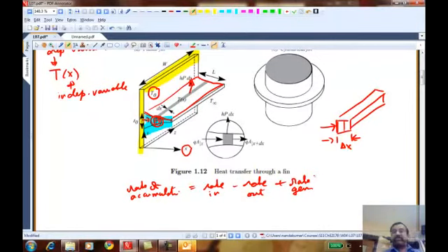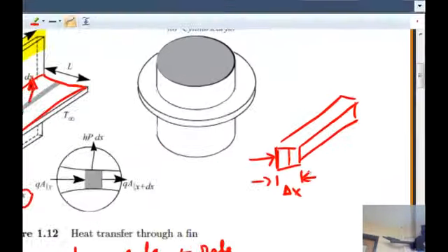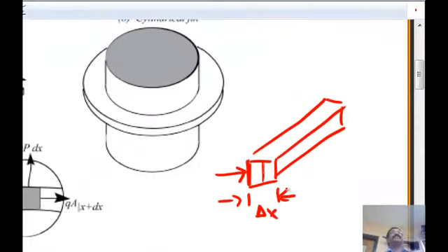In this case, my control volume is of thickness delta x in the x direction, but in the perpendicular direction, it is the thickness of the fin itself. Now, I'm allowing for the thickness of the fin to vary, and there is a reason why that is. Okay, and then I'm saying from the top and the bottom surface, the heat is being released to the surrounding